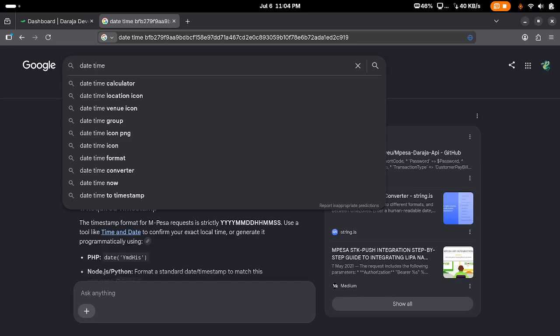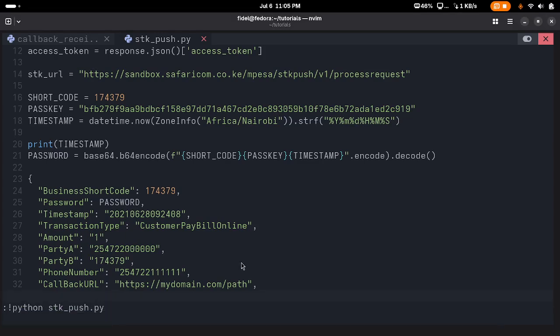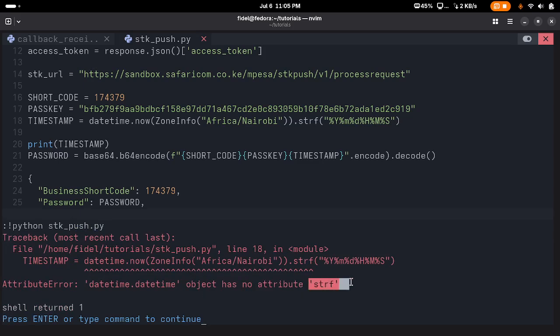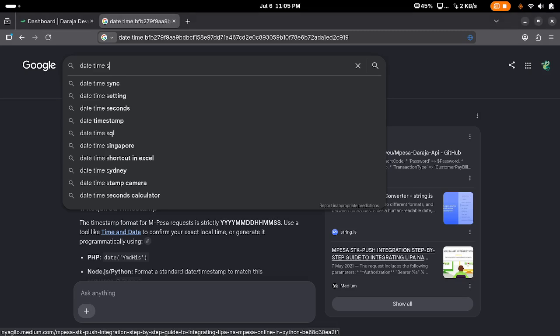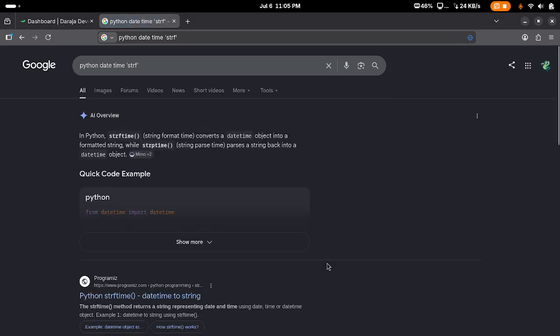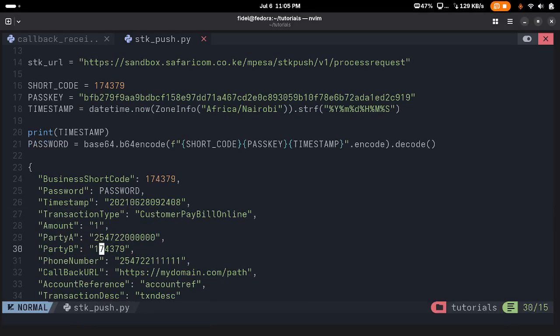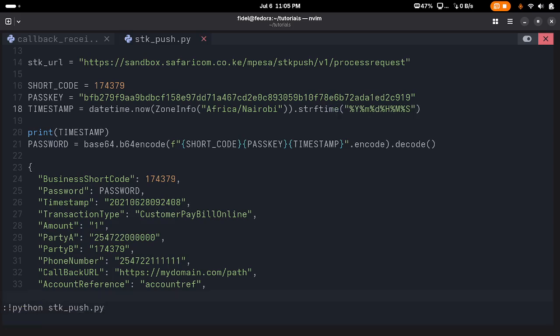Okay, let's run this one more time and grab this value. So let's copy it to clipboard, and maybe it's best if I specify my language. strftime. Okay, so coming back here, so strftime, like that. So run that again, and